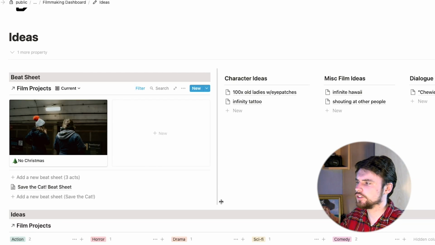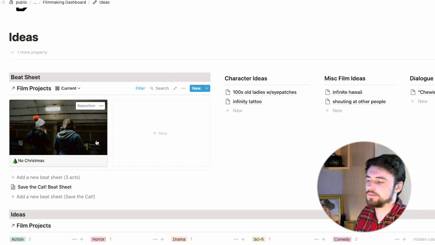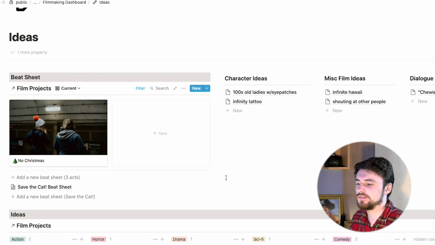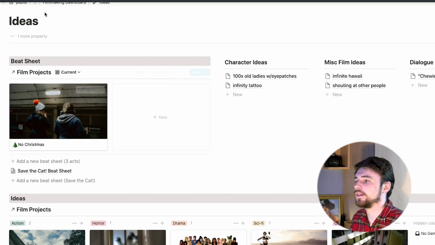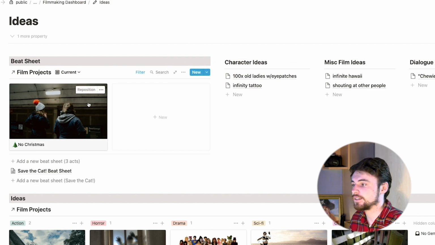But yeah, the reason why I have the beat sheet on this page is because for me, that's one of those things that if I have an idea and I just want to play around with it, I'll sometimes start doing little scenes and just sort of getting a general sense for the structure of the thing. If I was actually seriously planning on, okay, I'm going to write this screenplay start to finish, then we would bring it into the next section. So I'm going to show how we'd actually do that.